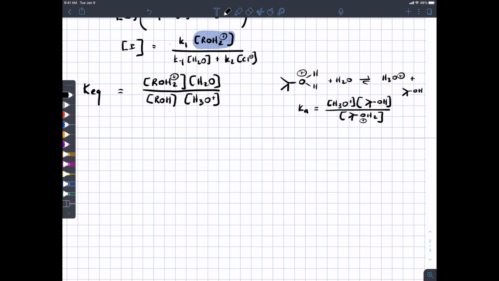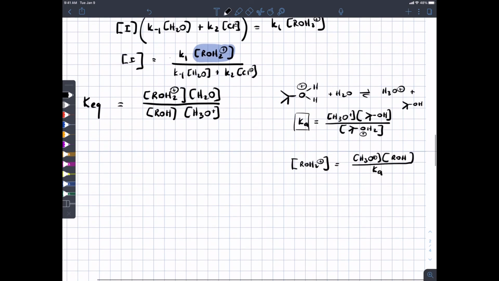So we know this, that's a constant. In other words, the concentration of oxonium ion equals the concentration of H3O plus, which we can know just by adjusting the pH, times the concentration of alcohol ROH, which is what we supply at the beginning, divided by Ka. And if we do that, then we can change that expression for I into K1 times